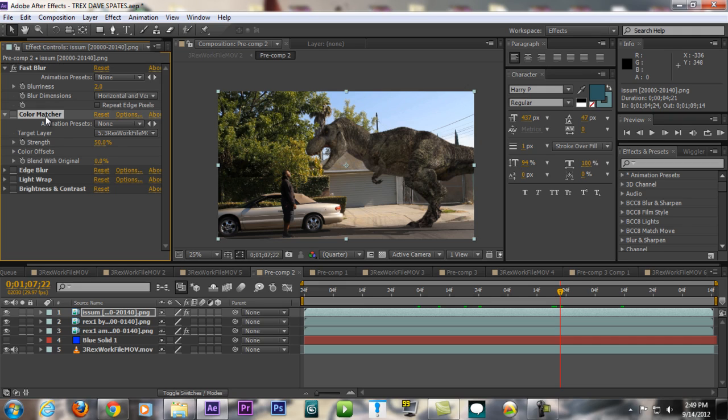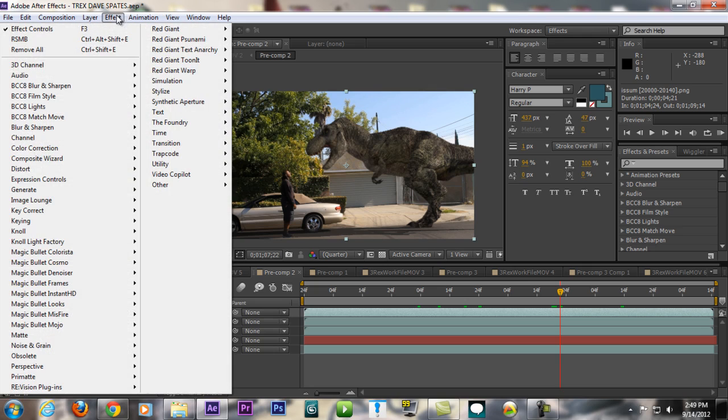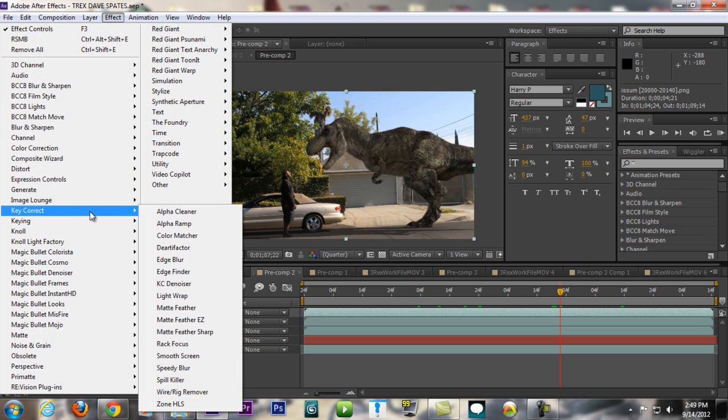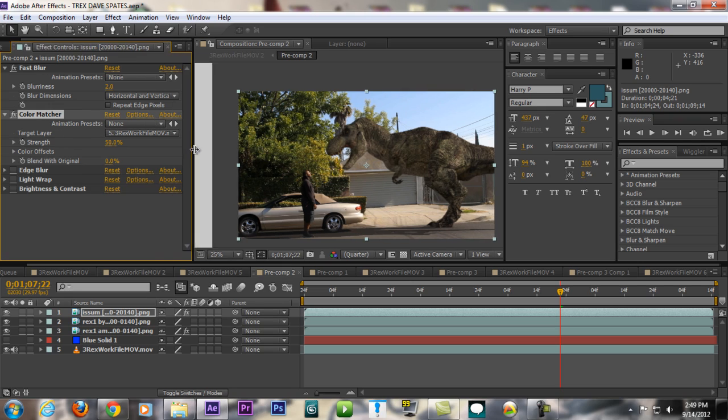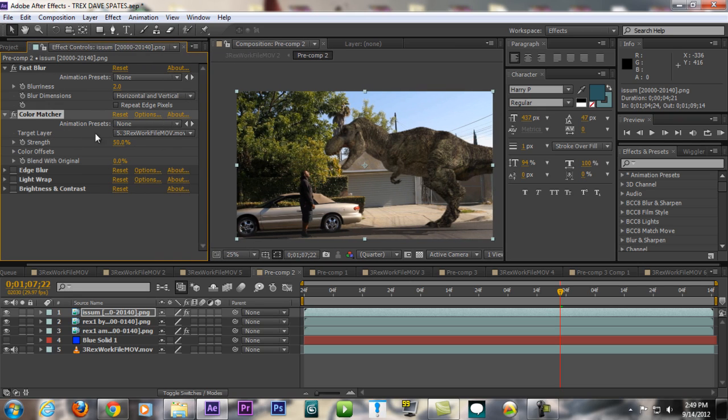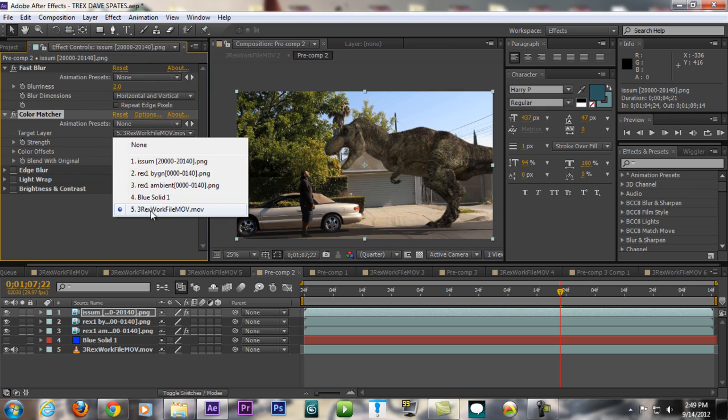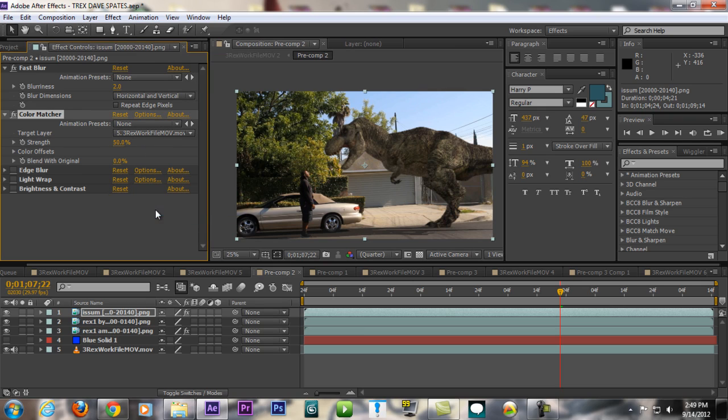This effect right here, this is the king. This is the fastest way to match the color. So color matcher, you can find it in effect, key correct, and color matcher. There you go. And you're gonna add that, click, and make sure on the target layer, you set your background layer so it will automatically read the color, the contrast, and everything